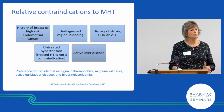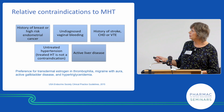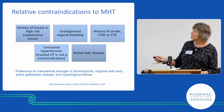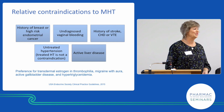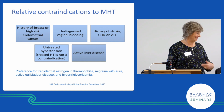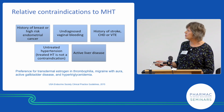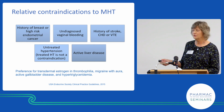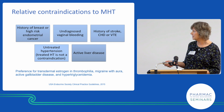Contraindications. So as I said, they're rather more limited than with the synthetic estrogens in the birth control pill. So undiagnosed bleeding, past history of stroke, heart attack, or blood clot. And you note I say relative contraindications, but again, it's probably a little bit easier in the specialist setting to make that call than it is in primary care. So that's just a comment there. Someone who has had an estrogen-dependent tumour. Hypertension is not a contraindication, but you want to have their blood pressure under control before you start, and perhaps